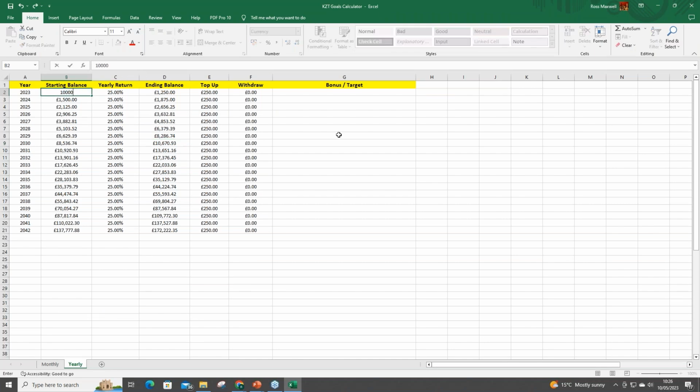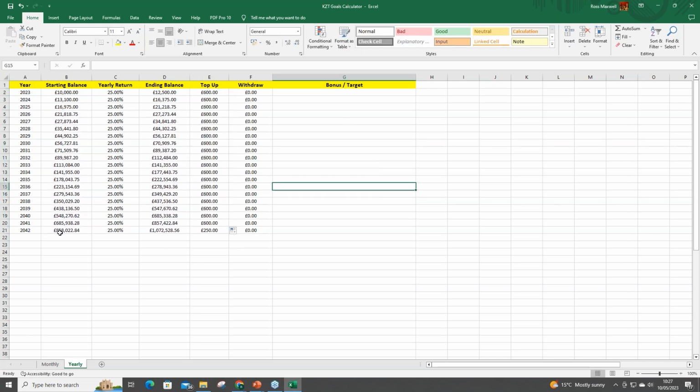So say you had £10,000, and you could save £50 a month. So you're topping up £600 a year. All of a sudden, that £10,000 and £50 a month turns into £1 million in 20 years' time. So if you're thinking of this as a longer-term wealth generation type of vehicle, it can have a massive impact on your trading, on the returns over a sustained period of time.